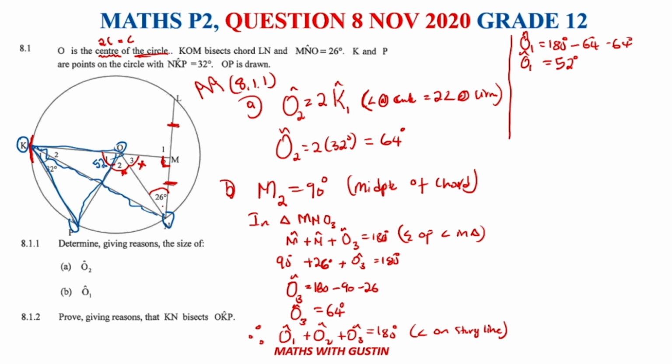We have calculated O1. This is the other way that we can do it. Let me just mark it here. In that triangle KPO,